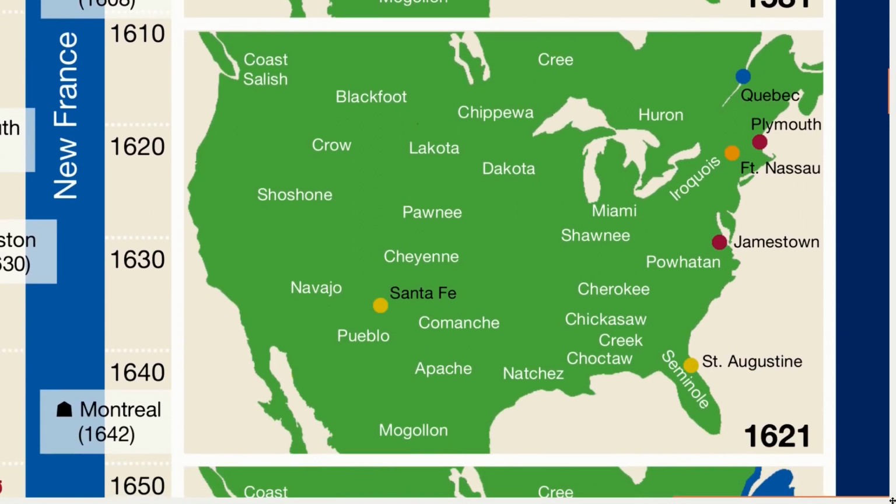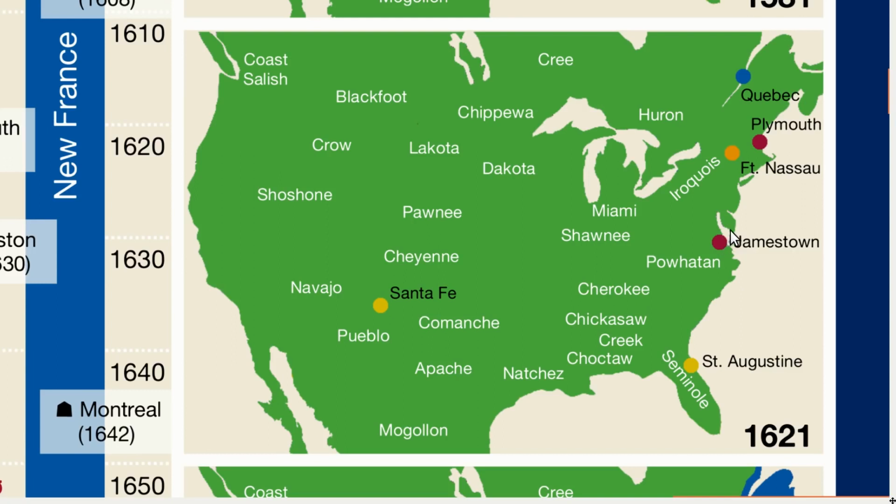And this is when the Europeans actually start to arrive. By this point, the Spanish had explored all the way up the Rio Grande River and had a settlement in Santa Fe, which is now in the state of New Mexico. And along the Atlantic seaboard, we have two English settlements, one down here in Jamestown, in what the English called